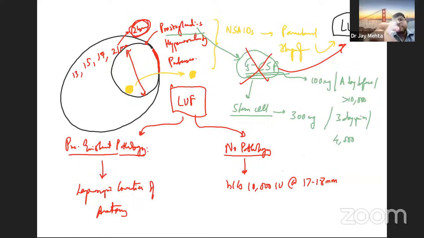And at this 24 millimeter follicle size, you go and give an HCG 10,000. And then you will complain that I had an LUF in the previous cycle, very bad response. I want to change the brand of HCG. You should not be changing the brand of HCG. You should be changing the brand of your folliculometry sonologist. You should be doing the sonology on your own.